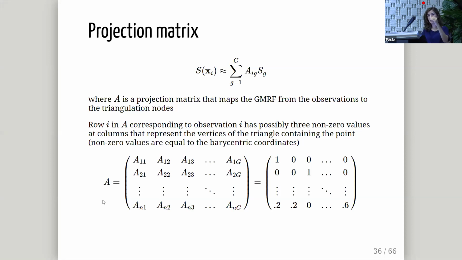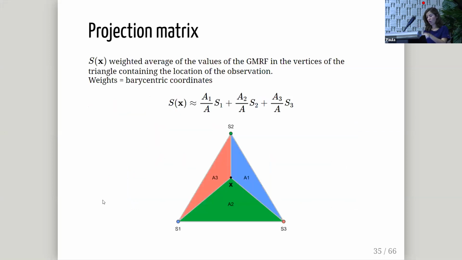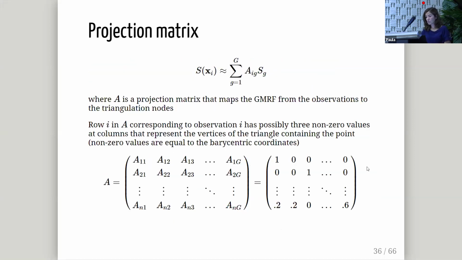N is the number of observations we have, the number of points. And g is the number of vertices of the triangulation. And each row has possibly 3 non-zero values at columns that represent the vertices of the triangle that contains the